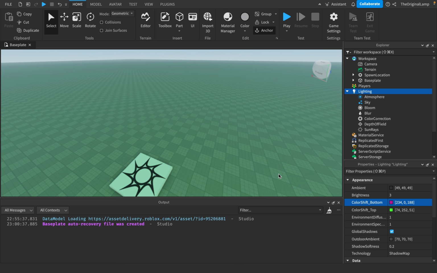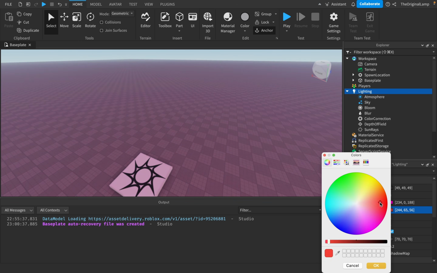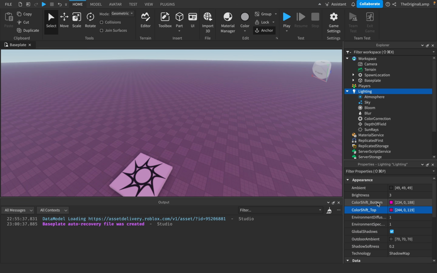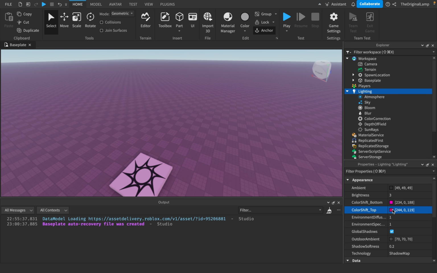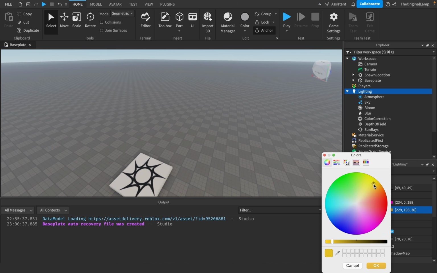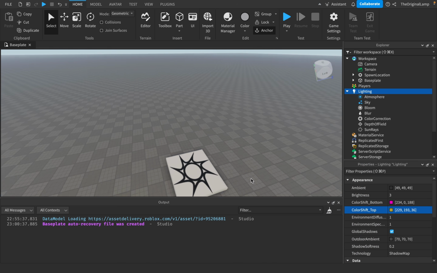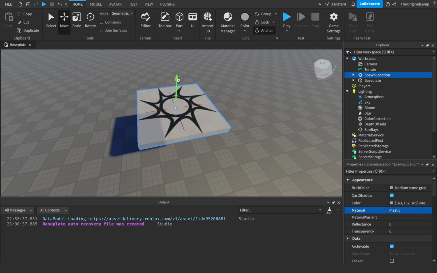Color shift top seems to change the light, but color shift bottom seems to do nothing. Does it say the hue of global lighting on the bottom? Oh, okay, that makes sense. So top is for the top of the object, while bottom is for the bottom of the object. If I were to lift this up,